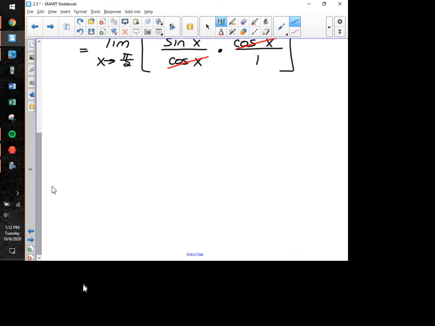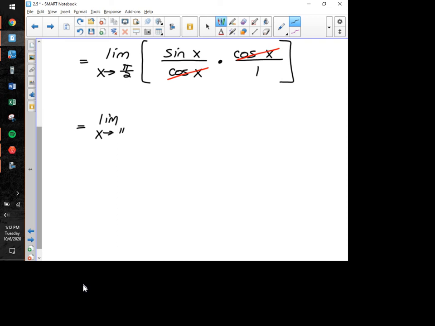So where are we now? Well, not in a bad spot whatsoever. This is now the limit as x approaches pi over 2 of just plain sine of x. Don't need to put that 1 down there on the bottom at all. And the great thing about sine, everybody, is that it is a function that is continuous for all real numbers. Sine of x, like cosine, has no holes, no jumps, and no asymptotes, which means to evaluate this limit, this is a continuous function, we can simply evaluate now the sine of pi over 2, our y-coordinate there, which is